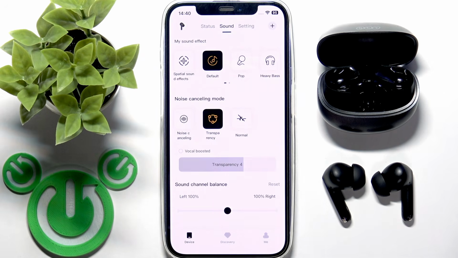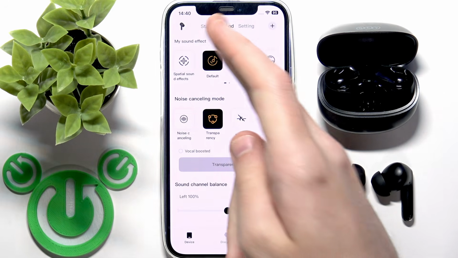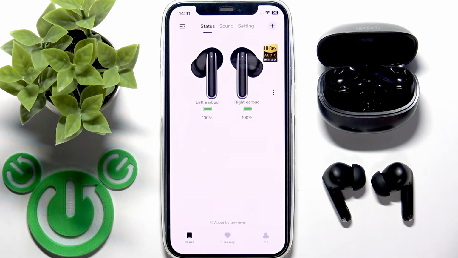Then, this one is a top trick only for Android users. These earbuds support LDAC. This is a high-resolution audio codec. And to use it, your phone should support this codec also. So you need to check if your Android phone is supported. And you cannot use LDAC on the iPhone, because Apple devices don't support high-resolution audio codecs like LDAC, aptX, LC3